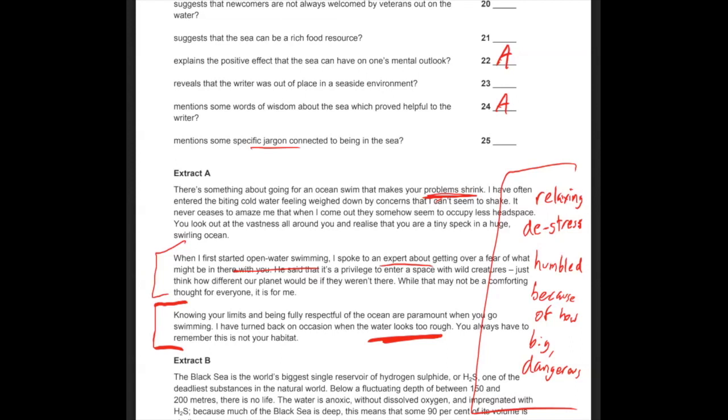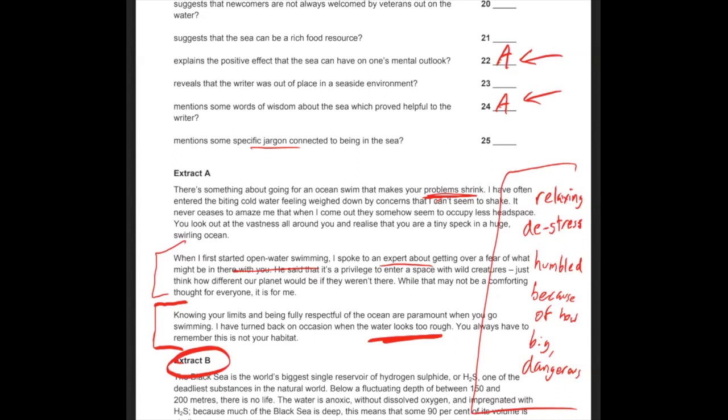But just by filling these in, right? All I need to do is do the same thing for extract B. But I'll save myself a lot of time when I go through the questions after reading extract B, because I don't need to look at this question, and I don't need to look at that question, and I definitely don't need to look at this question either, right? I've already answered the correct, perfect answer for those questions.